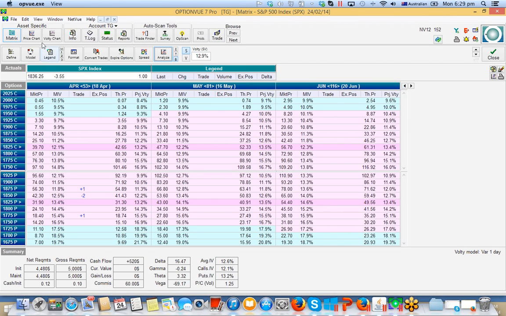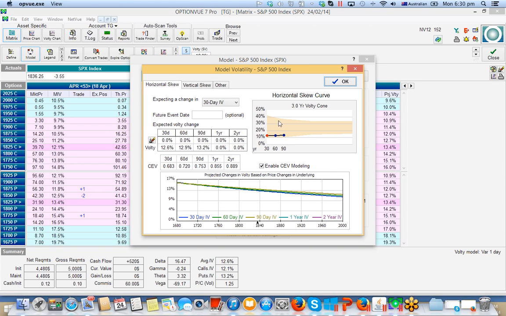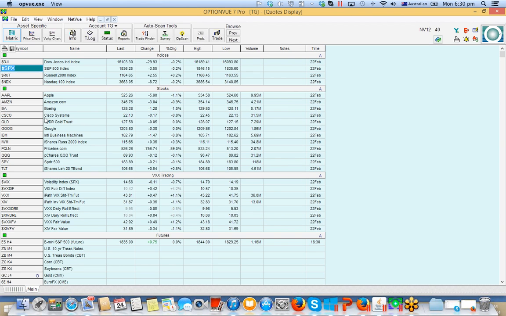I can just show you a few features which are a little bit advanced, but since we're talking about advanced features, I think it's important. For instance, this is horizontal skew. It's probably not the best illustration, but you can see the volatility cone, and this cone is showing the spread, the variables of volatility, and you can see that volatility currently is very low, 10%, and this is term structure, 30 days, 60 days, 90 days. Let me just show you another example, which will be probably more,